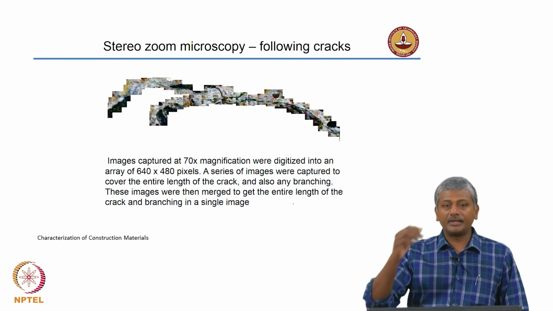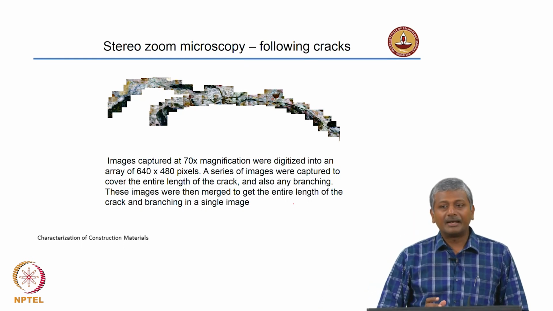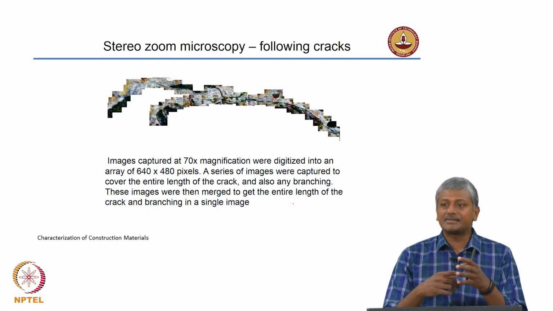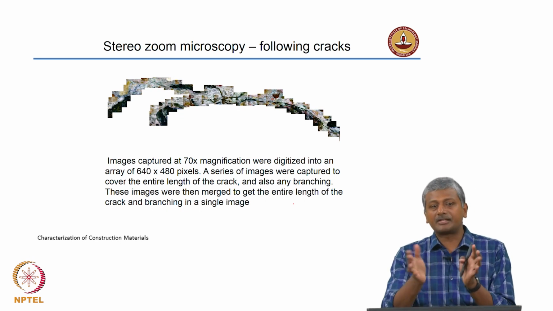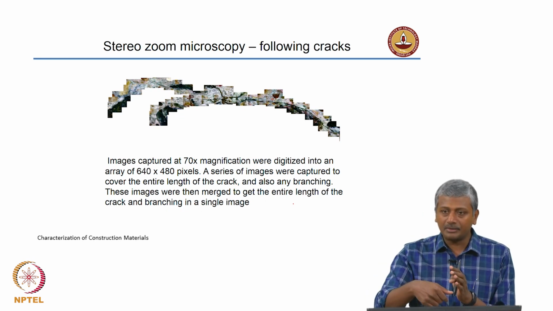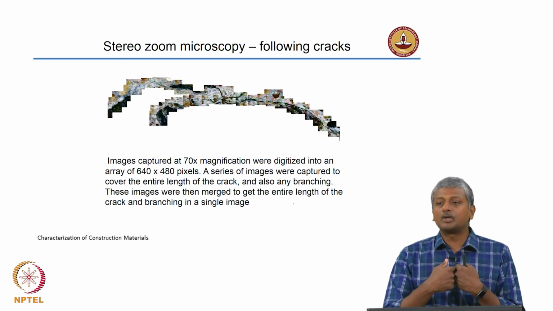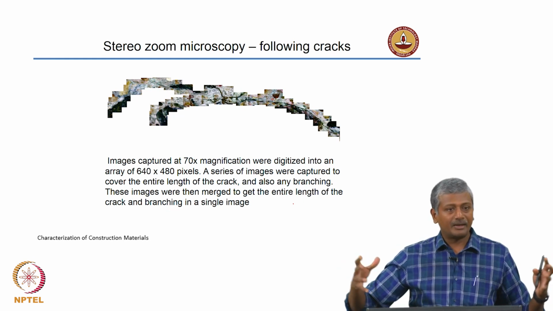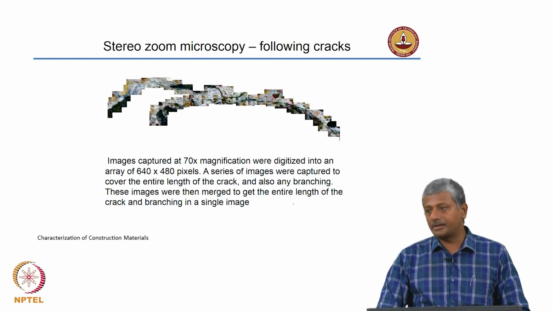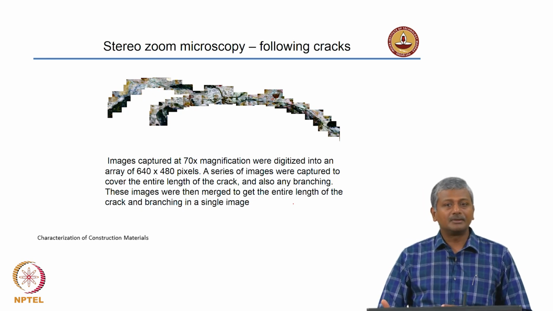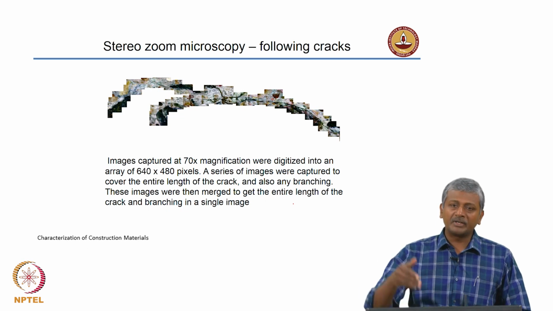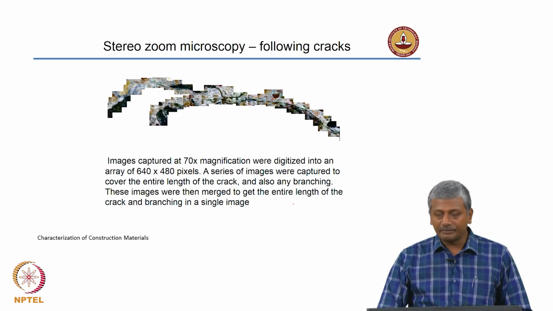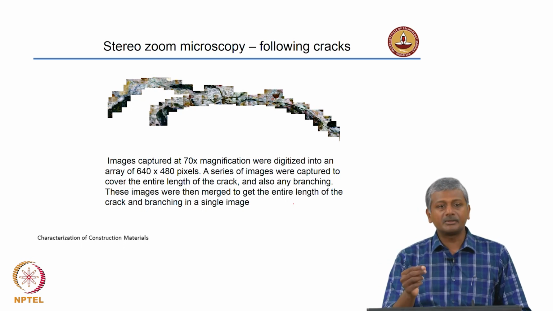Now, I showed you already when we discussed optical microscopy that in the 20 megapascal concrete there is a lot of cracking, and these cracks have several locations where they branch off, and mostly the cracking is around the aggregate, where there is expected to be a very large level of energy dissipation, because cracking is quite extensive and it happens around the aggregate and seems to branch off in several directions. On the other hand, in high strength concrete, the cracks were sudden and they appeared to go right through the aggregate.